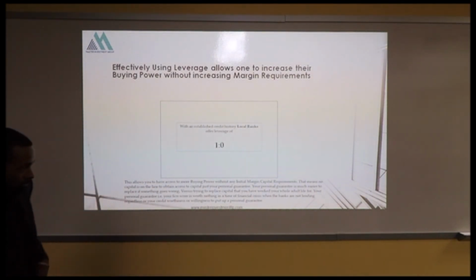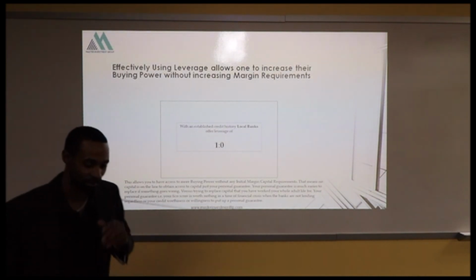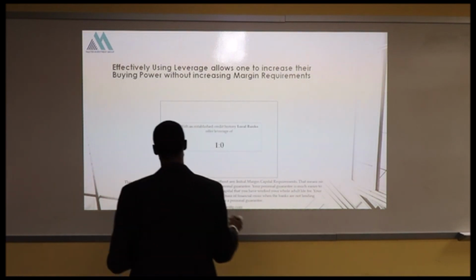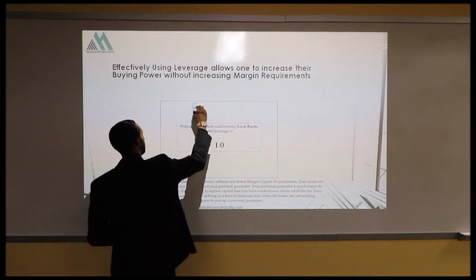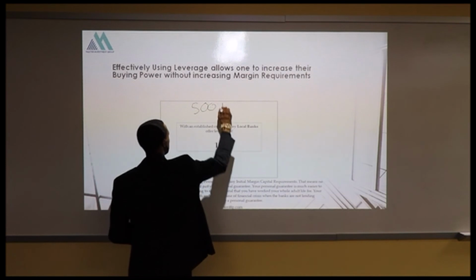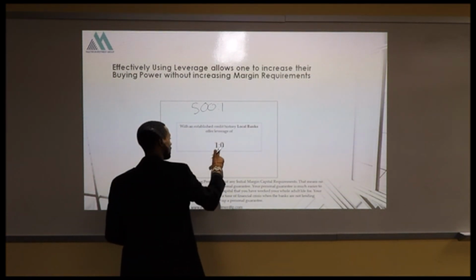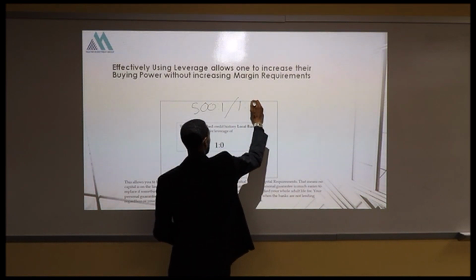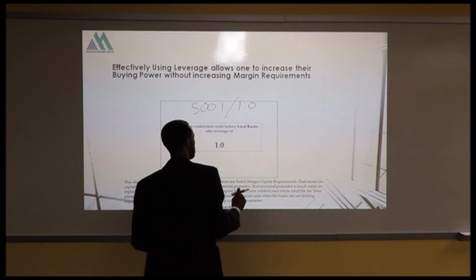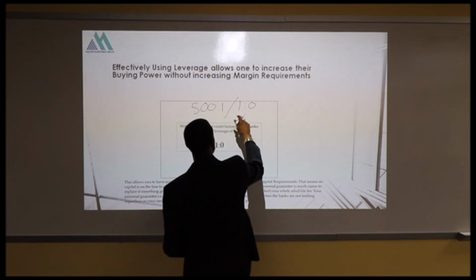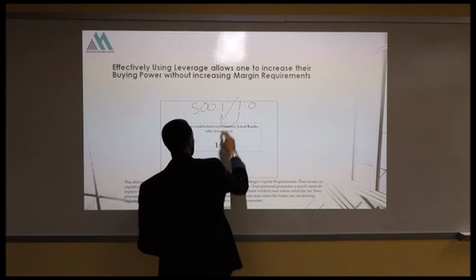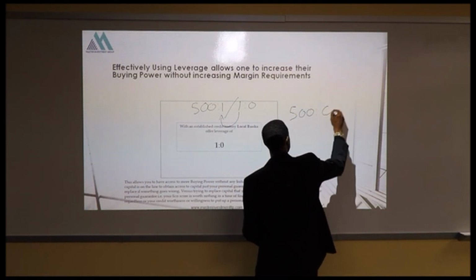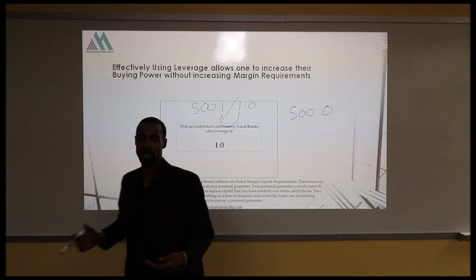In this example, I'm going to give you a masterful calculation, a very powerful tool, where you can take the leverage of 500 to 1 and incorporate this 1 to 0. Then take this 1 over here, in essence turning it into 500 to 0. How am I able to do that? Because